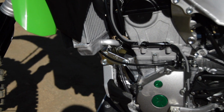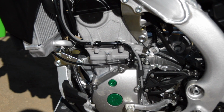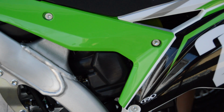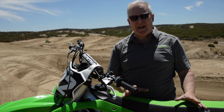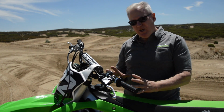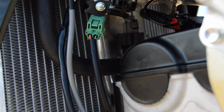Okay, so we'll start with the engine, and in my thinking it all starts in the airbox. So for 2018 we've improved the airbox. The intake funnel has been shortened for higher velocity into the new throttle body. The new throttle body has a new angle for the fuel injector, so the fuel is injected more in line with the flow of air. And then we have an all-new cylinder head, and the cylinder head features some internal changes